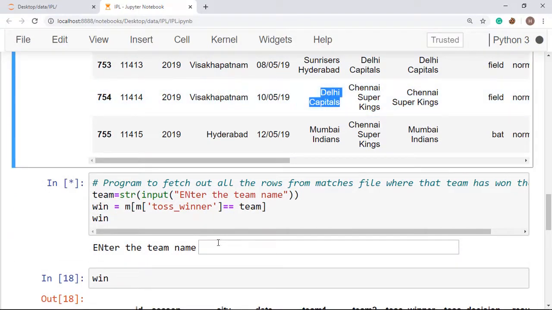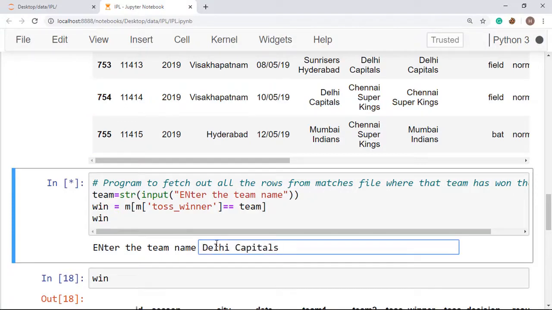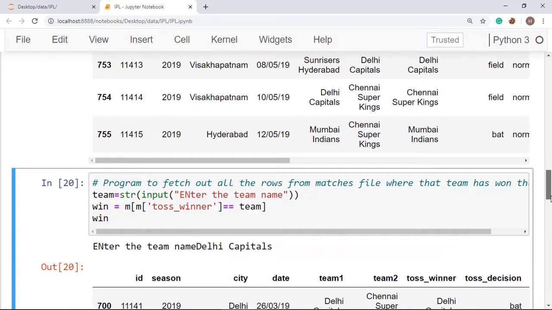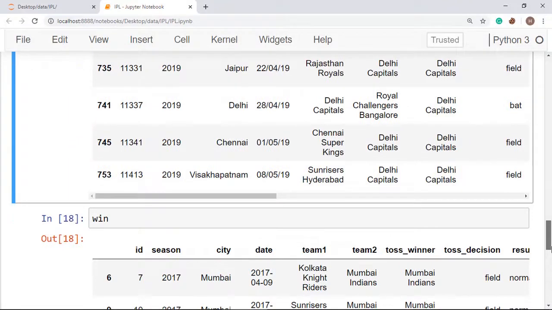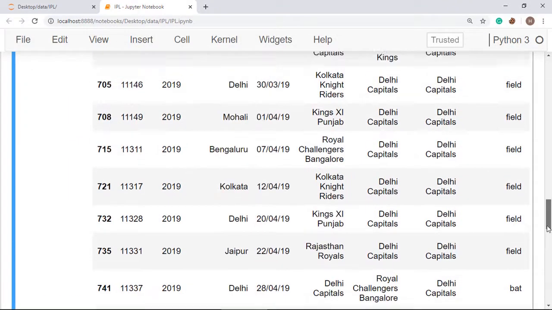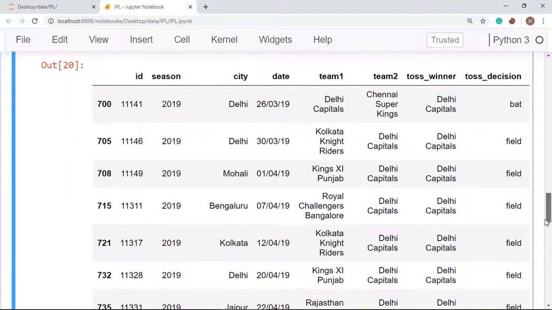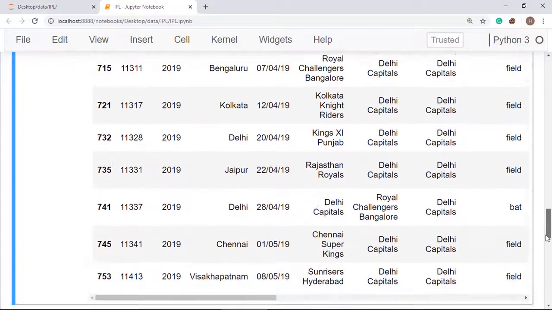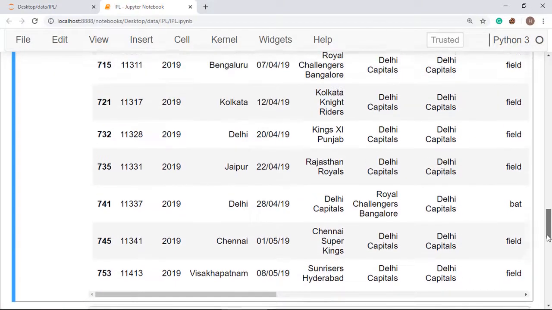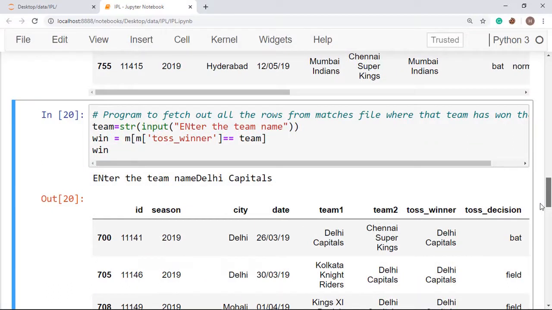So check it for the Delhi Capitals. When you do this, it will show you values like this. This one is displaying only 10 matches, because Delhi Capitals was named Delhi Daredevils in the previous seasons. That's why this one is displaying this many values only.